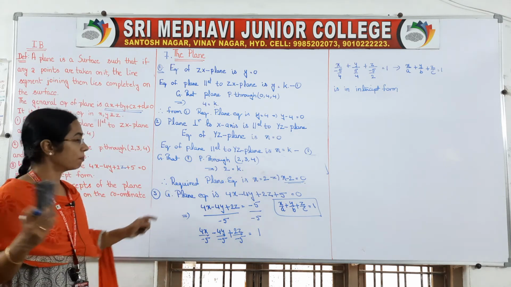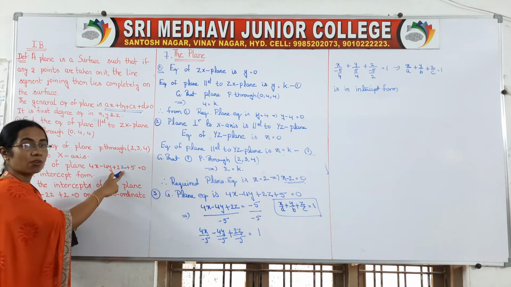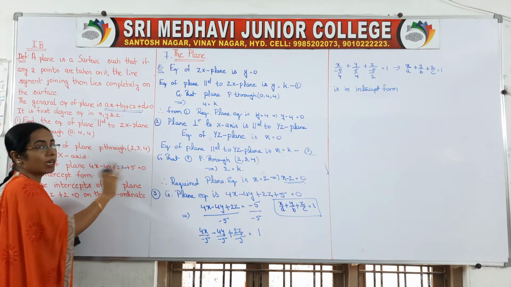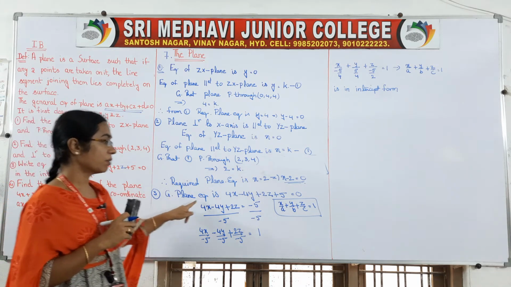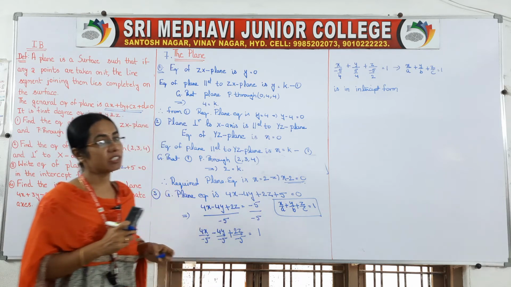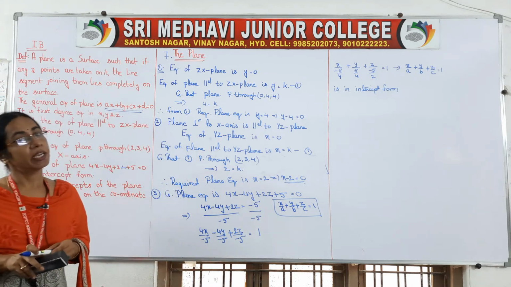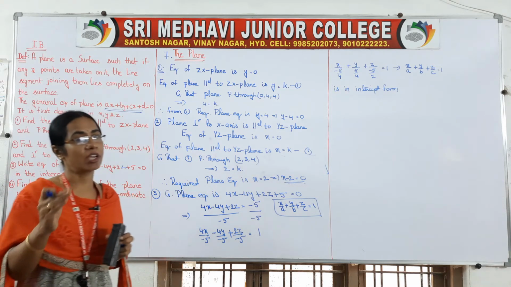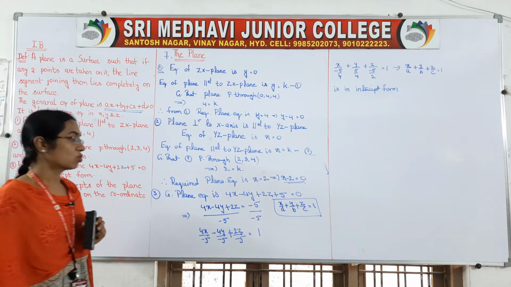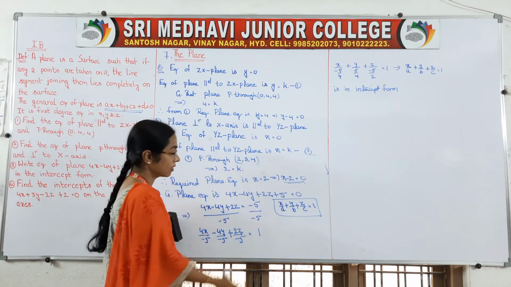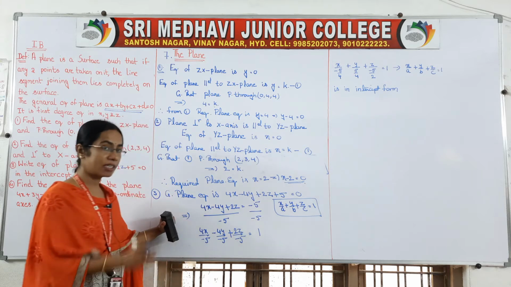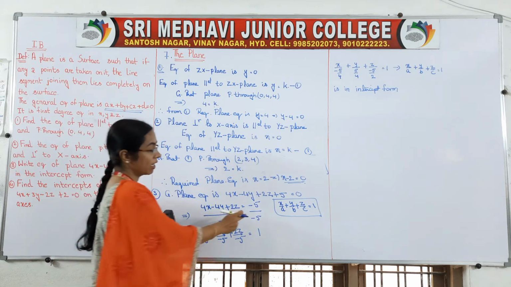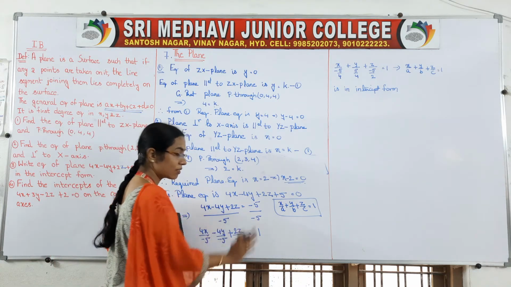So what is the procedure? Actually this is a very simple problem. While taking the question I took it wrong. Be careful: x term, y term, z term and constant should be there. The given plane equation is this one, and the procedure to reduce the plane into intercept form is, first, on the right side we have to get 1. So send the constant to the other side, which gives minus 5. We want 1 on the right side, so we divide both sides by that constant, minus 5.